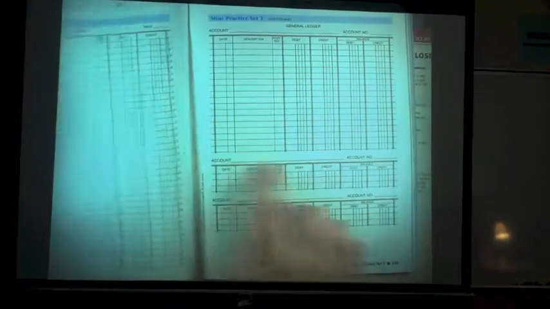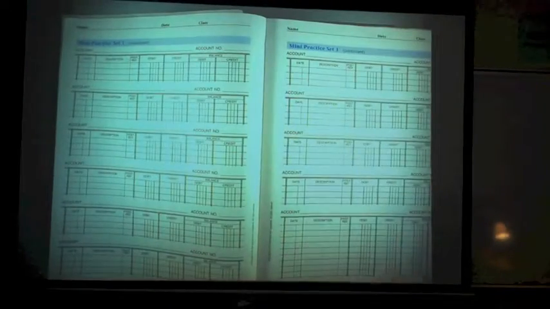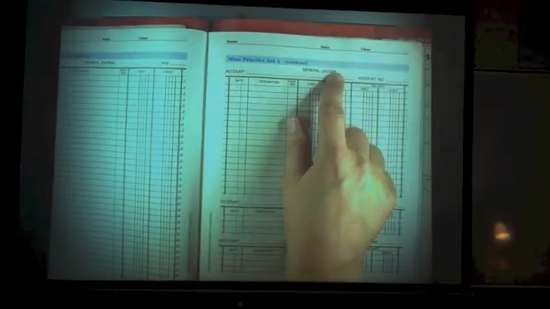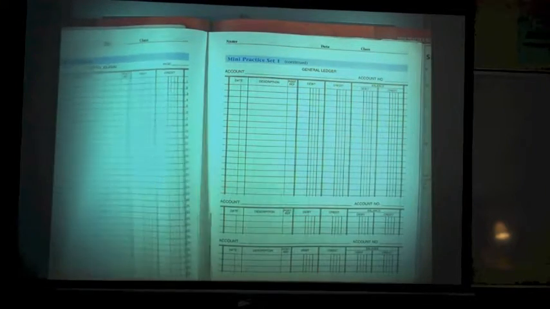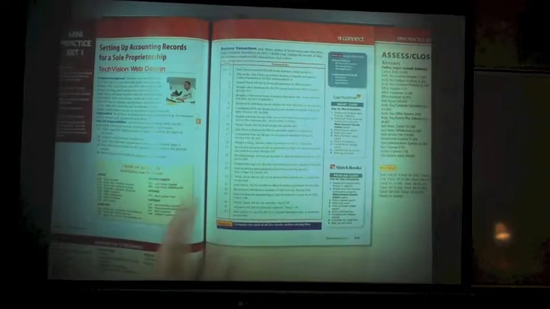Accounts receivable, Andrew Hospital, and the account number. You're going to work your way all the way through all of these. We're starting the business from scratch, so none of them will have a balance. After you have opened them, which means you've only put the account and the number, then you're going to come back to page 133, and you're going to complete instruction numbers